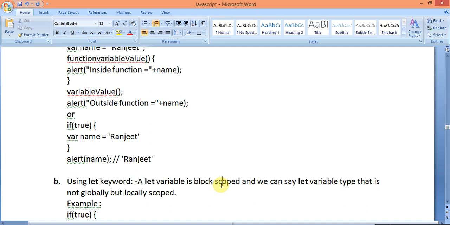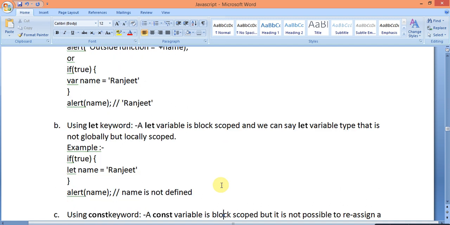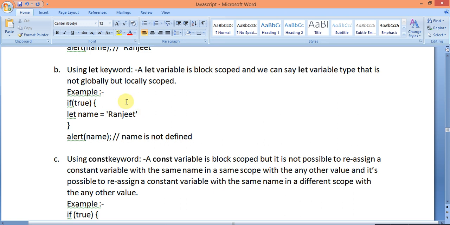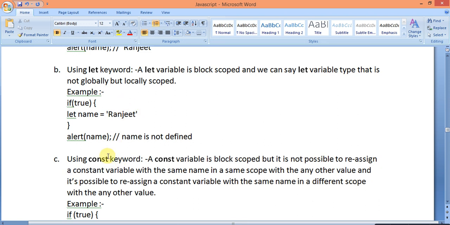What is the const keyword? The const keyword in JavaScript is block scoped, but it is not possible to reassign a constant value with the same name in the same scope with any other values, while it is possible to reassign a constant variable with the same name in a different scope with any other value. As you can say,